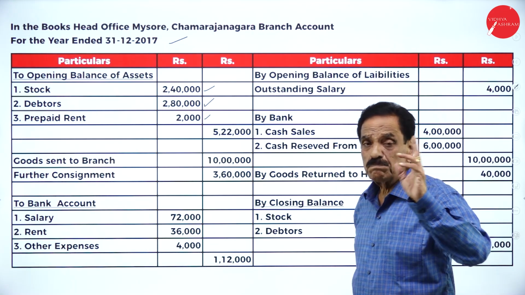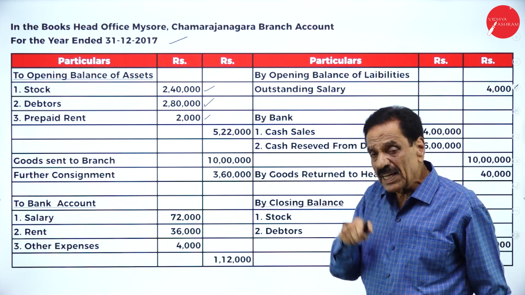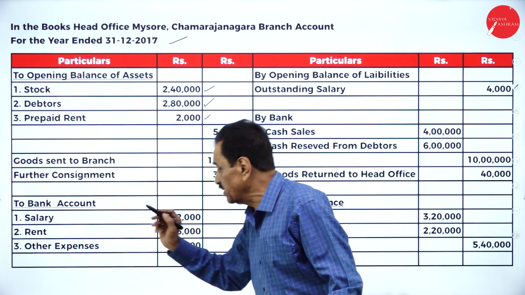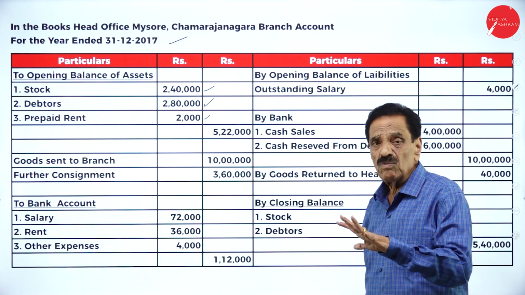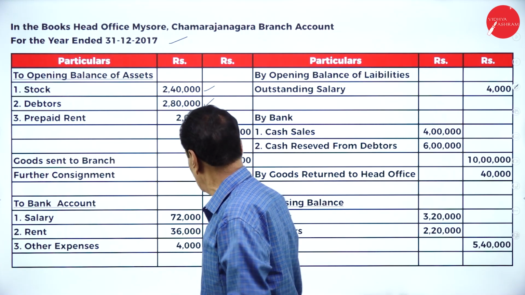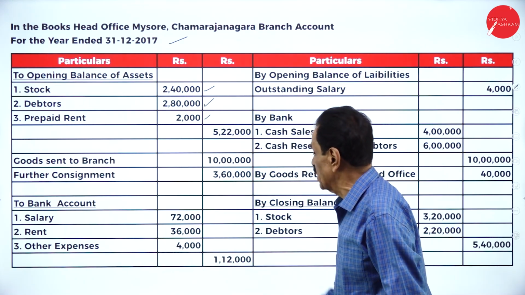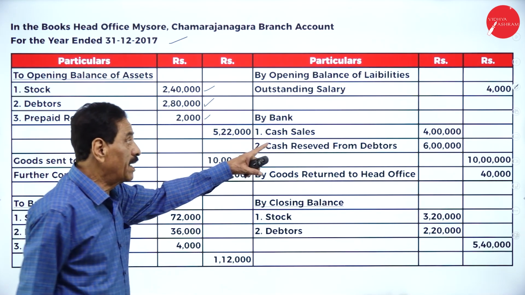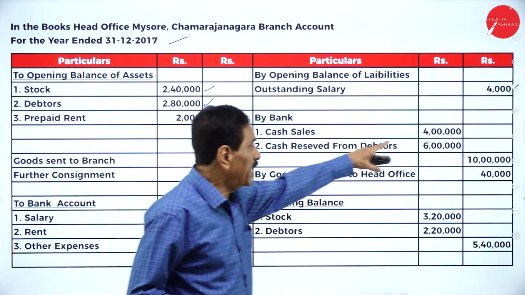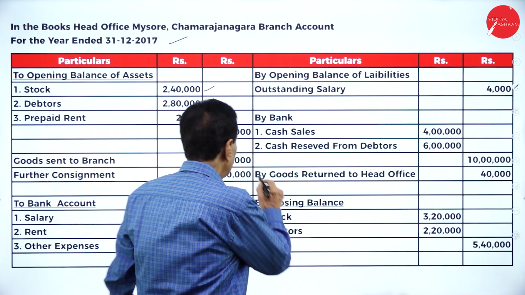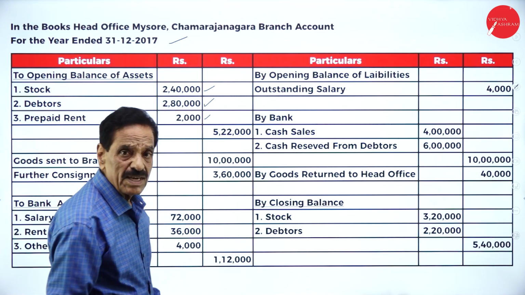Then the expenses of the branch met by the head office, for salary, for rent, for other expenses. These are all the expenses of the branch met by the head office to the extent of 1,12,000. Then we'll come back here. Opening balance of liability: outstanding salary, we have to pay 4,000. By bank account, cash sale